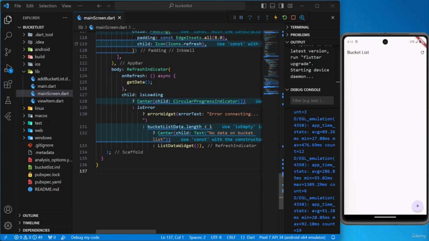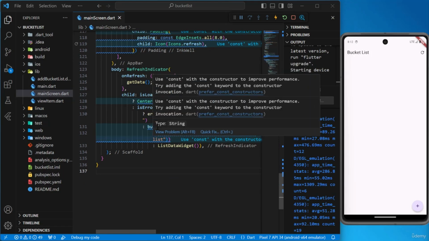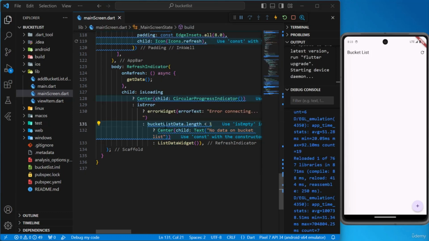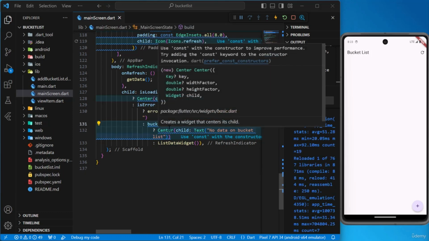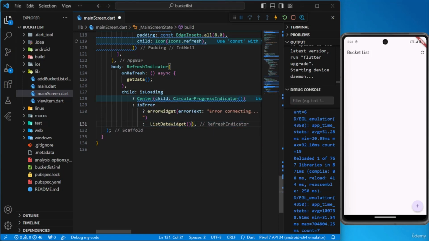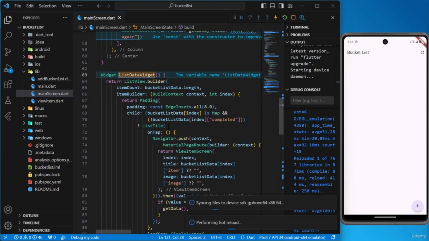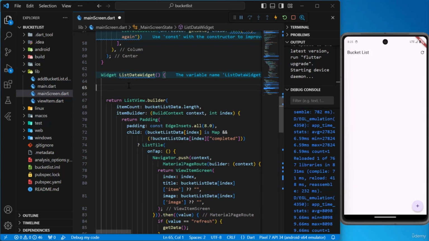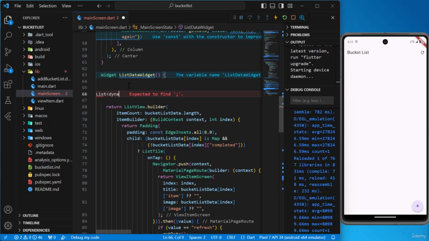So instead of using this bucket list data, we will be creating a new list, and that list will be a filtered list created from this bucket list data that will only hold the map objects in which the completed is set to false. Alright, and we will be checking the length of that. So instead of using this condition over here, we will be using this condition in our list data widget. So let's remove this and let's move into this widget, and here let's create a new list with this bucket list data. Alright, so list dynamic, and we'll be naming it as filtered list